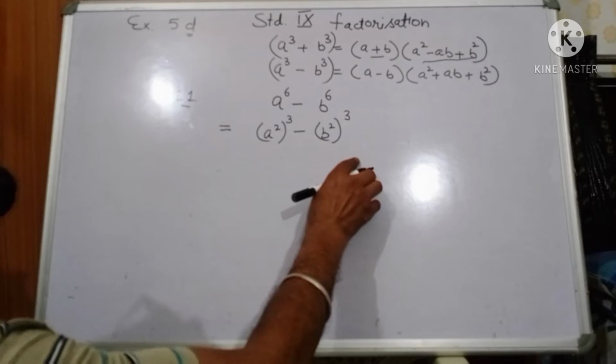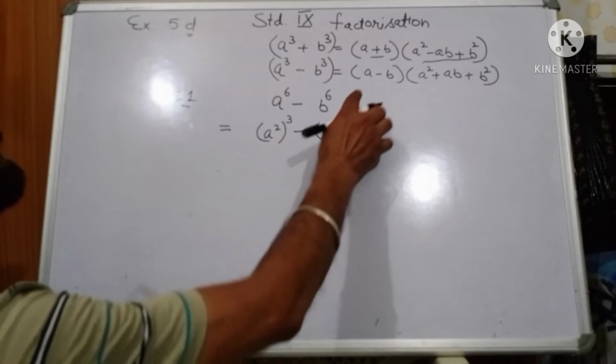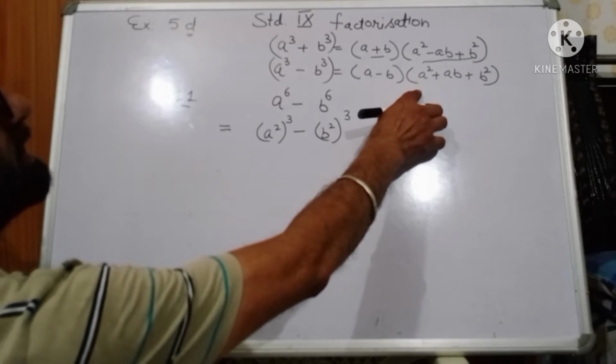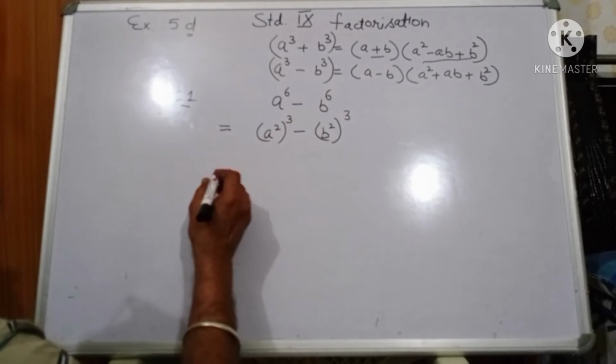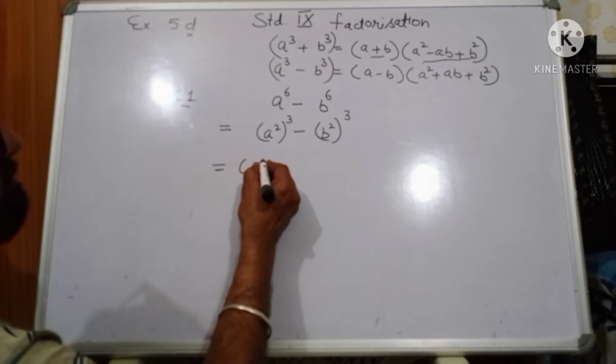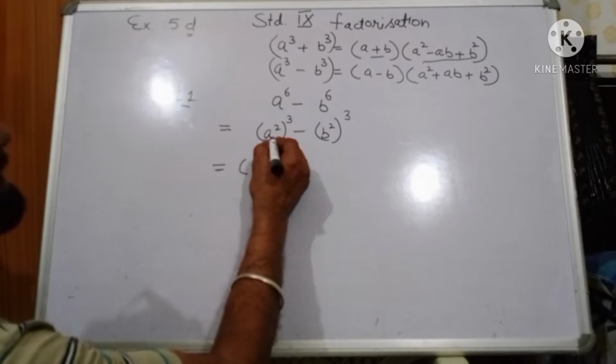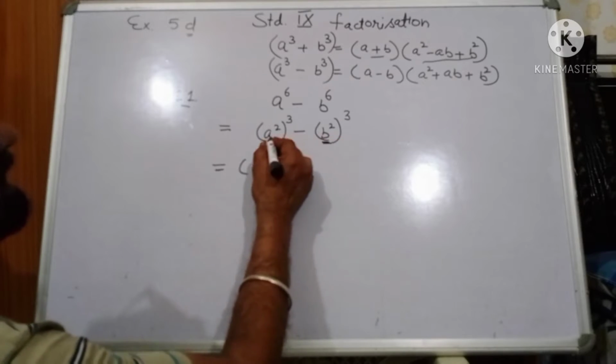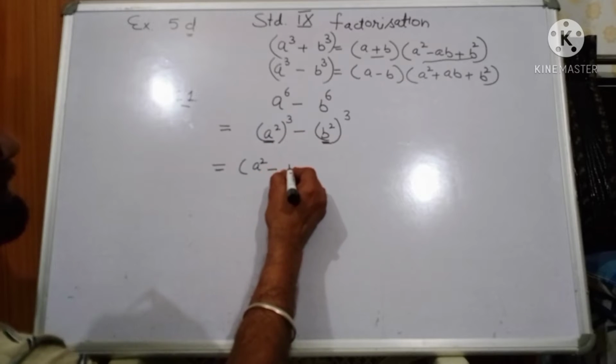Now we will use the formula x cube minus y cube is equal to x minus y into x square plus xy plus y square. So it becomes x minus y. Our x is a square, y is b square. X minus y, a square minus b square